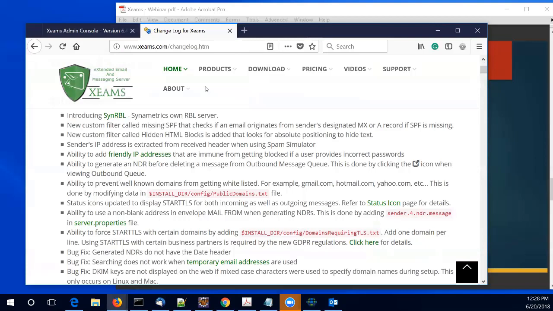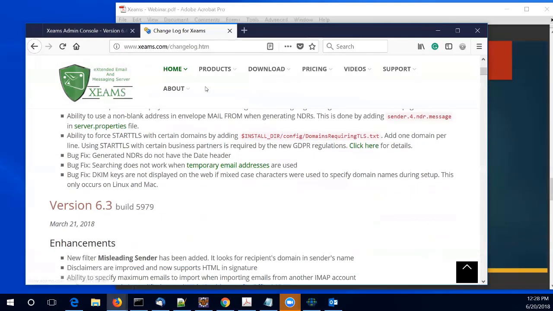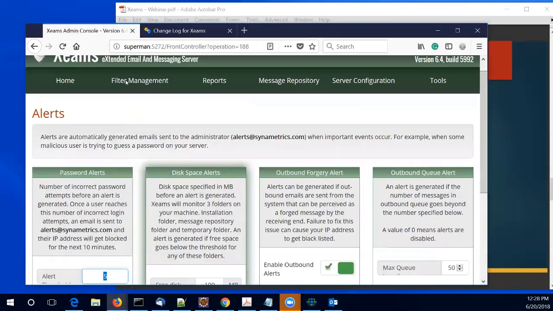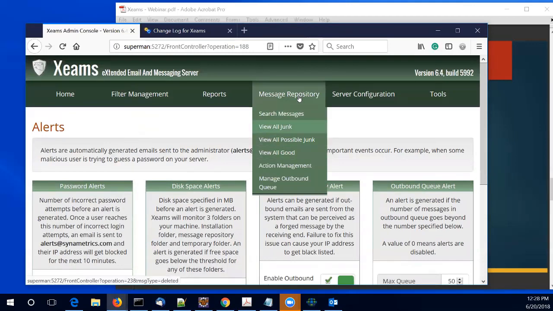So check this change log. A lot of things you will see here, that we constantly add new features. Okay, so it's very helpful. Additional status icons were added. So status icons are very neat in telling you what